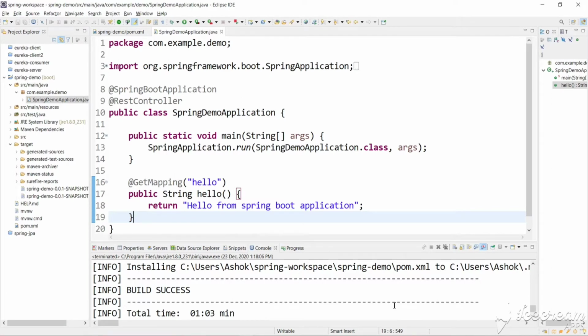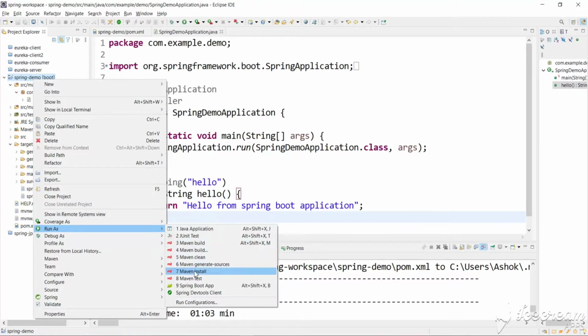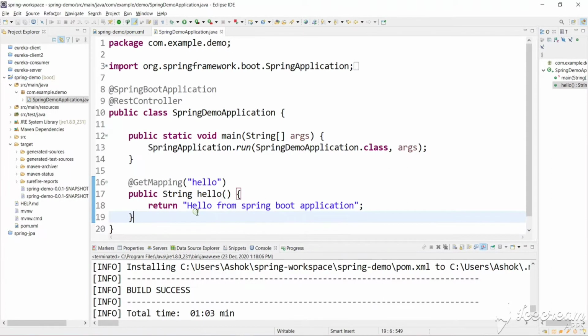In the last video we have seen how to build our Spring Boot project using Eclipse Maven and how to run it like a jar file. So in this video we will build the Spring Boot project using a Maven command in a command line instead of building it from Eclipse. Before, we just did right click, run as, and a Maven install, so the jar file gets created in the target folder. As you have seen, this is a jar file. Now we will build using a Maven command.